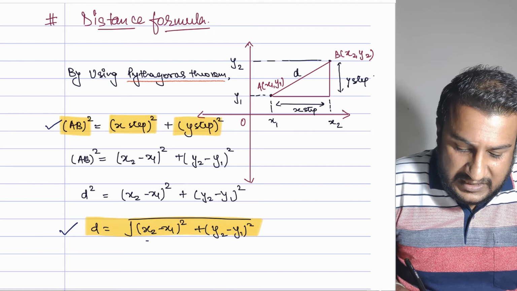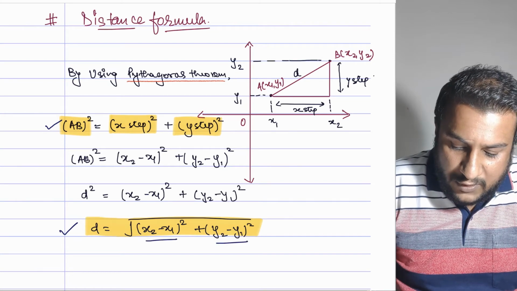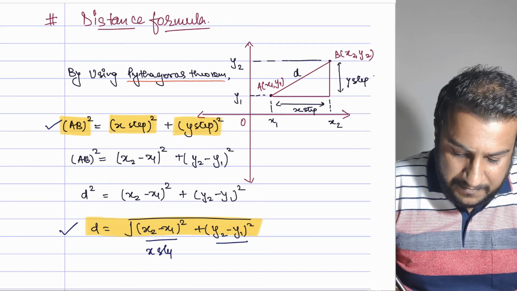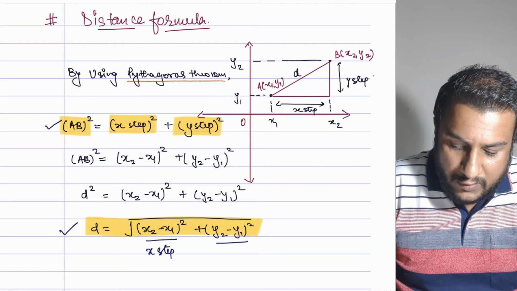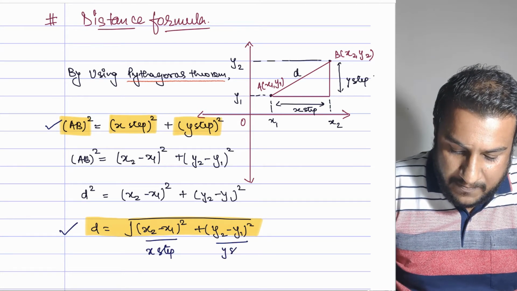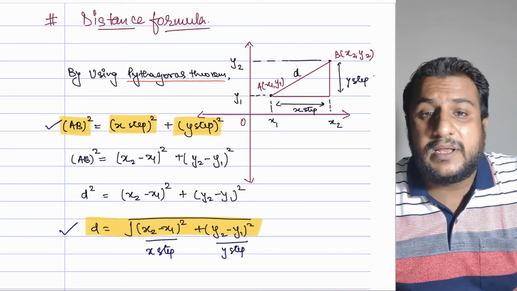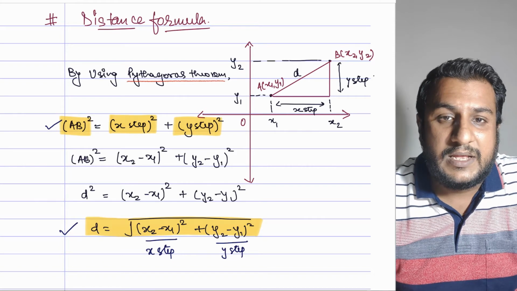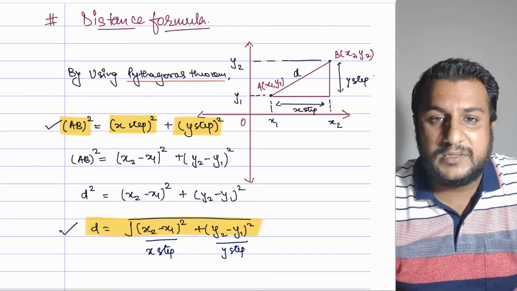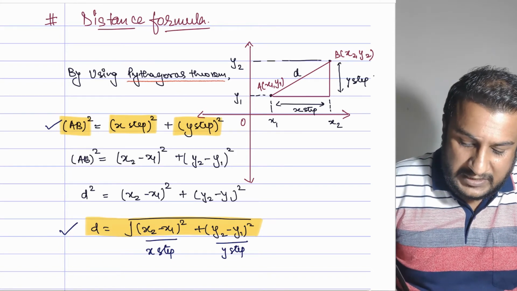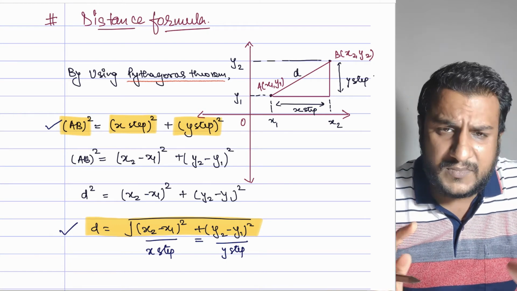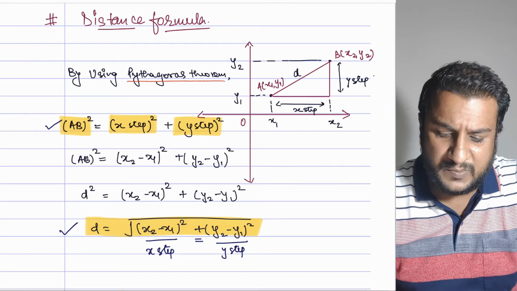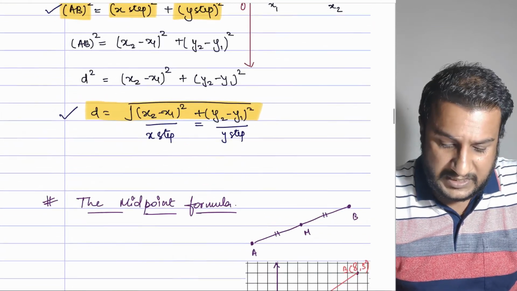So basically this is the square root of (x2 minus x1) squared plus (y2 minus y1) squared. So basically x2 minus x1 represents your x step, how many movements in x step, and y2 minus y1 represents your y step. So instead of remembering the formula, and sometimes students get confused in this, whether it's minus or plus, or what is there in between, is it plus or minus over here? So remember this, using Pythagoras theorem we can easily calculate this part. Okay, I hope this part is clear.